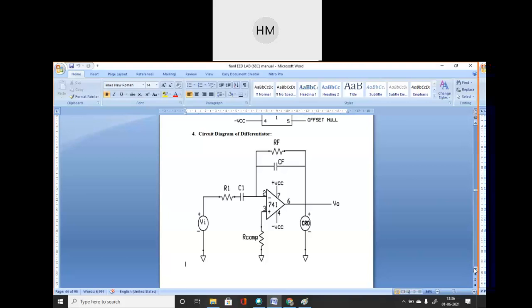So Aditi, next time we have to see the performance of this experiment. Okay, I will give you all the practical values also. To draw this circuit in your copy, the DSO you have to connect, the input voltage you have to connect. We have to check for sine, square, triangular, any way we can give as input.